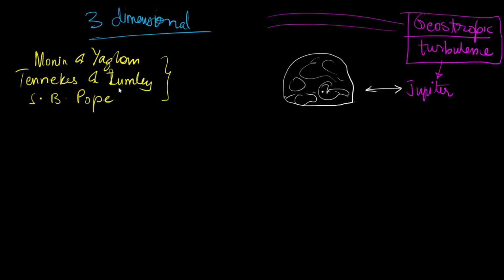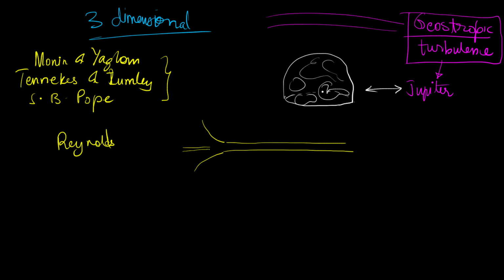So the original ideas of turbulence were laid down by Reynolds in the year 1883. His famous experiment involved a mouthpiece and a pipe, and there is a small syringe to inject some dye, and so there is flow coming in like this. Back in the day it was not called Reynolds number. He saw that when the flow rate was exceeding a certain rate,